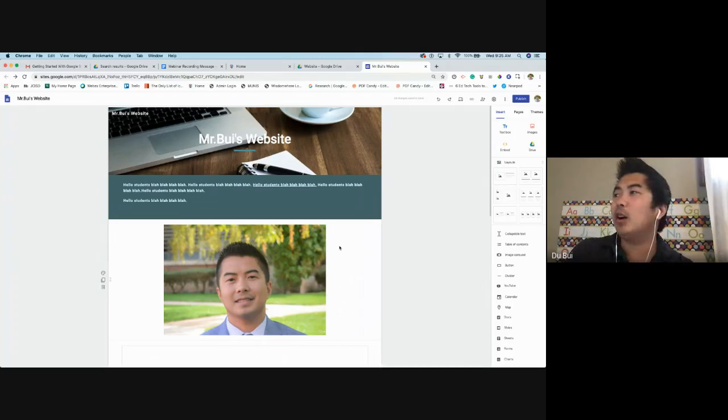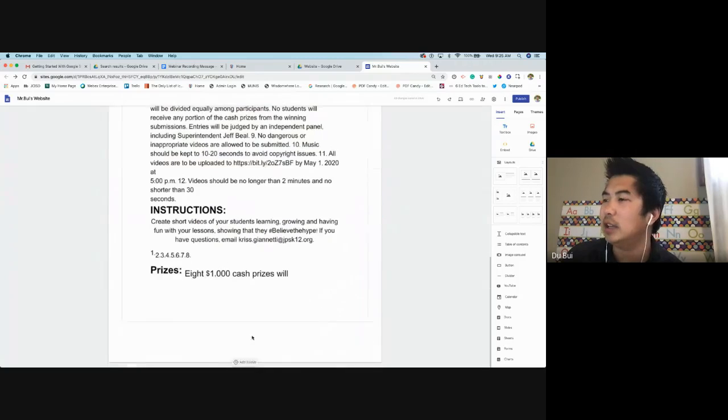Okay, now you'll notice to the very right, there's options, the same options as the design wheel. So if I click on the design wheel, I've got a few different options. I had the text option, the image option, upload something from my computer option, upload something from my drive, and then the embed option. We'll talk about the embed option in a little bit, but I just want you to take note that to the very right,